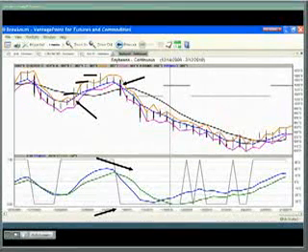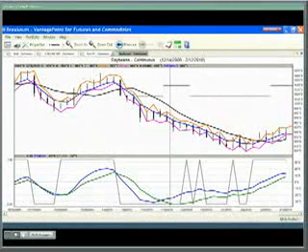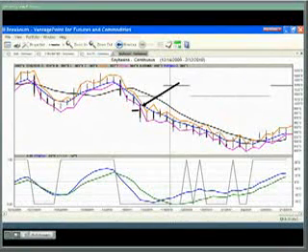Then after you watch the market, now you're out of the market, you're sitting there a little bit sideways, kind of wondering what the next step is going to be. You may not have waited here, you may have jumped in a little bit, trying to anticipate what the market is going to do. But you come to a point right here where the market makes a predicted low on January 12th of 9.94, so you minus your 10 cents from there, and you're going to be in the market at 9.84. I said 9.94 was a predicted low, but 9.84 is where you're going to be short the market.